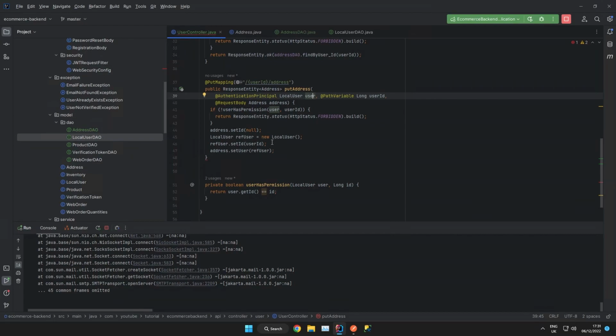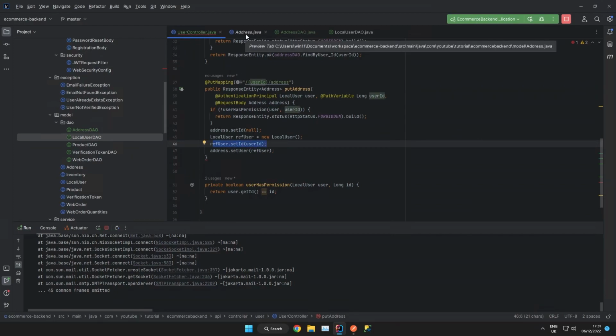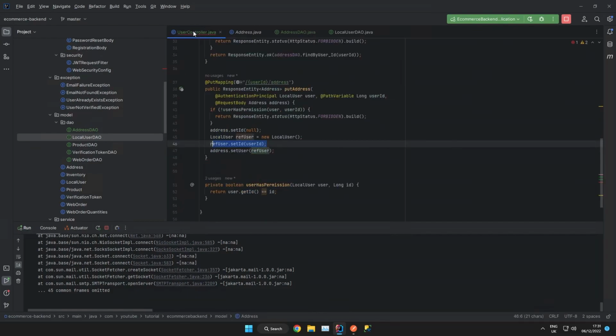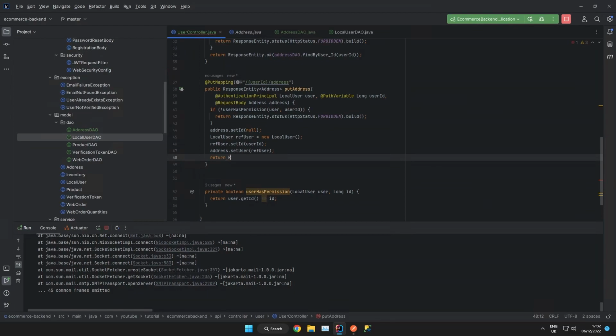So a nice little trick is that if you create a user object and fill in the key, because Hibernate's only going to look at that key, we're not cascading down those changes. You can see here, we don't cascade any changes to the user. We can generate a fake dummy user instance with that ID, so that when it pushes that data down, it's pushing down with the user ID. Right, so as you can see here, we've got address.setUser, so we have our user assigned to it now. So then finally what we can do is we can just do return response-entity.ok and then